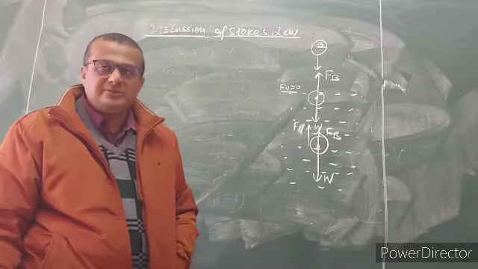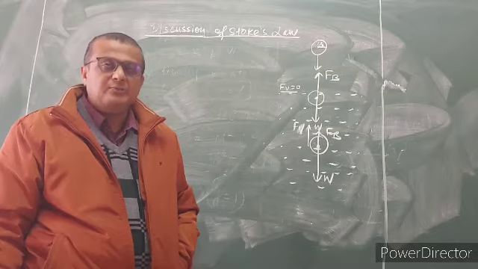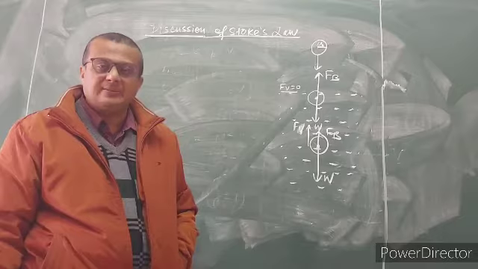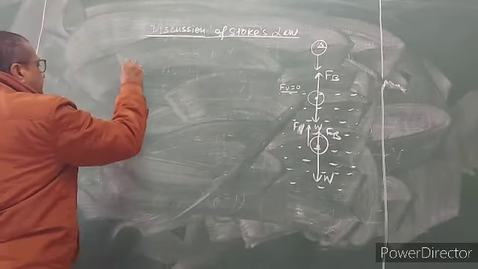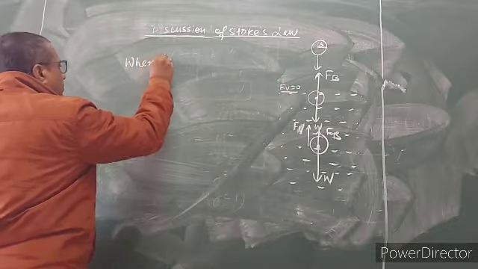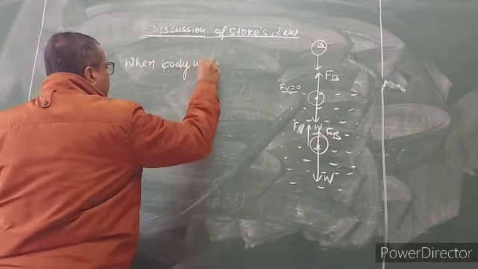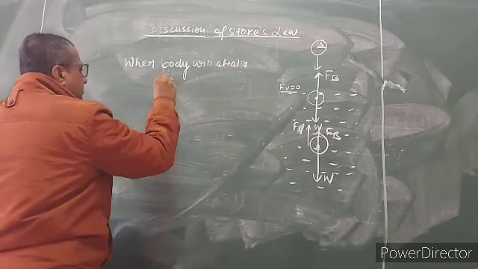So net force will be 0. When net force is 0, the body moves with a constant velocity, and this constant velocity is called terminal velocity. So when the body attains terminal velocity,